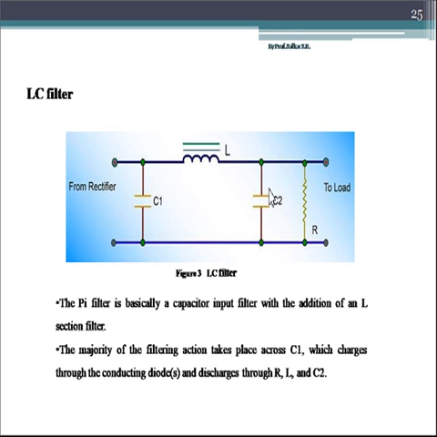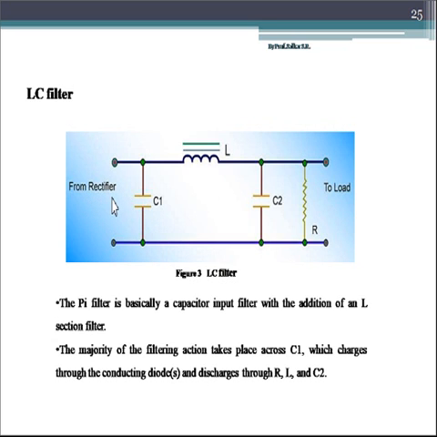This C1, L and C2 make a pi type structure, and all three components together are called our LC filter. Now we have to combine the properties of the C filter and L filter together, and then we can understand the working of this type of filter. What was the property of the capacitor filter? That is, it bypasses AC and blocks DC.